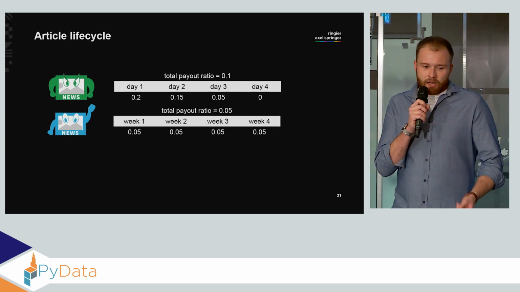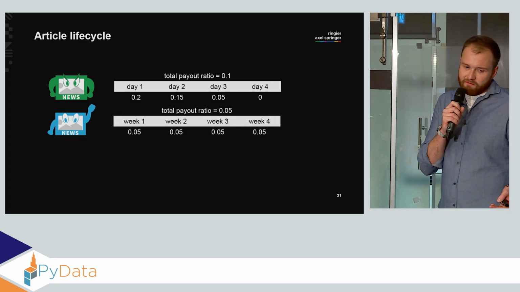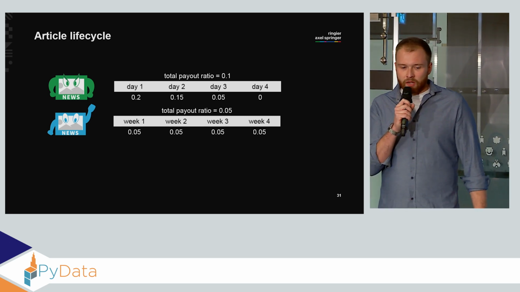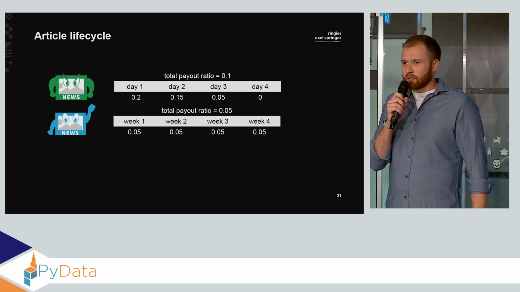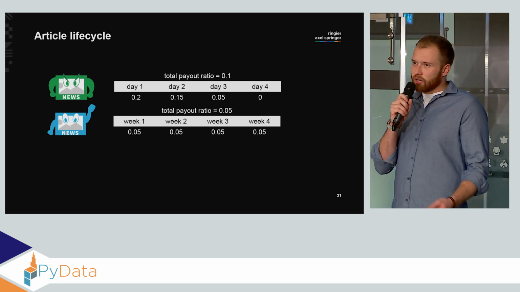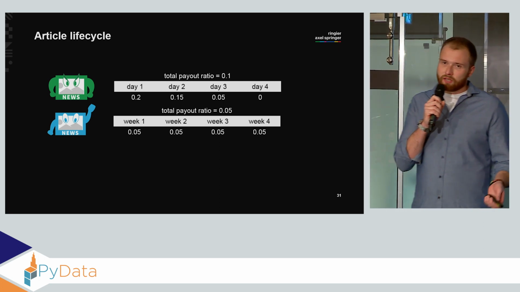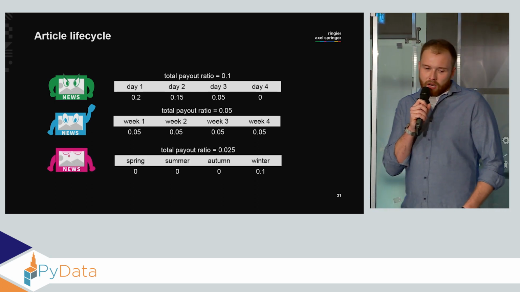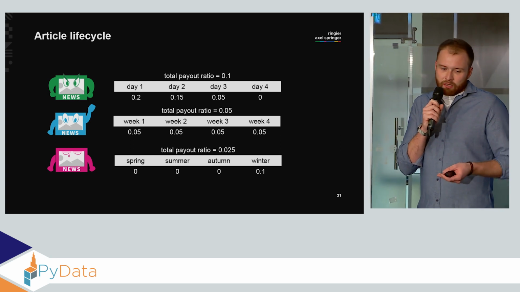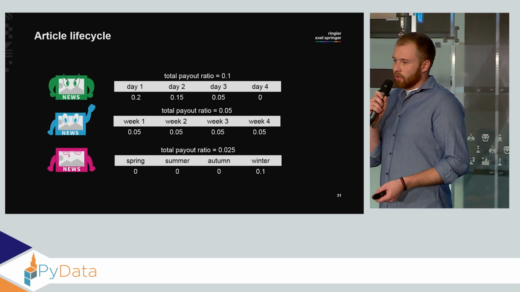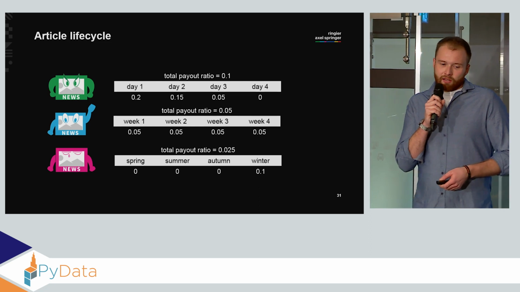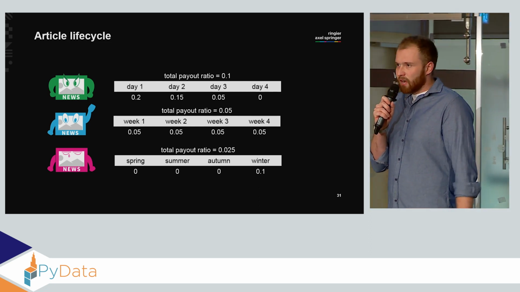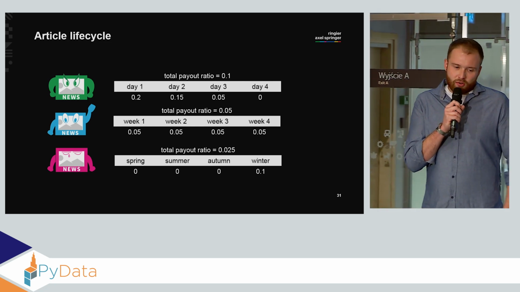And also there are articles whose performance is more stable in time, and an example of that can be a history article, because you know, history doesn't change as the weather does. Also we have articles which become popular only seasonally, like an article about how to avoid the bad effects of air pollution in winter.